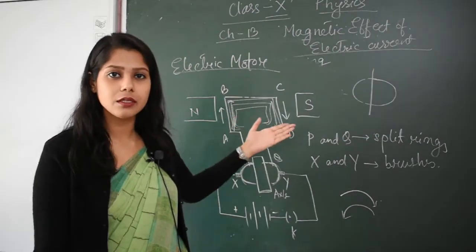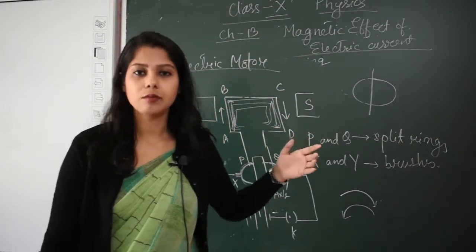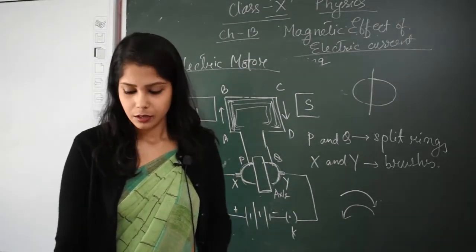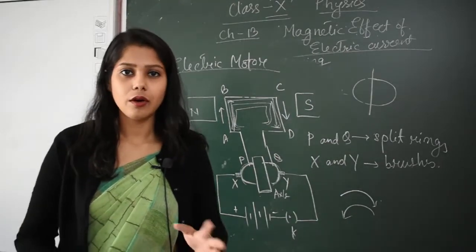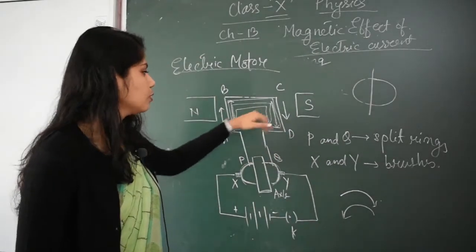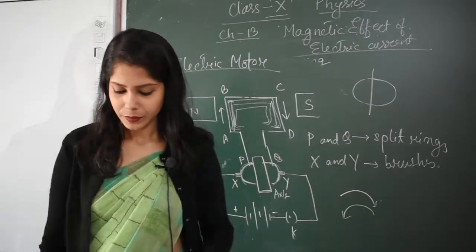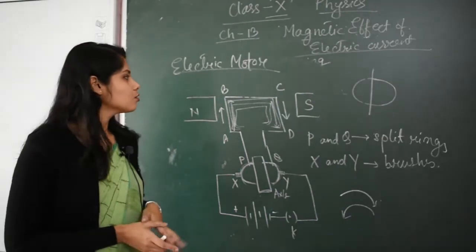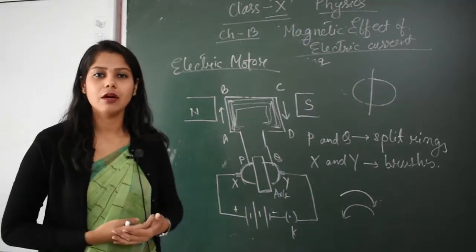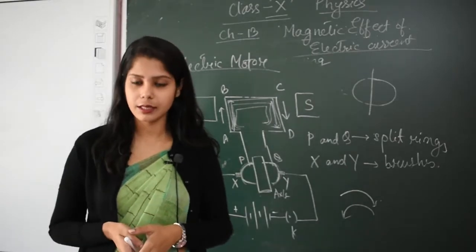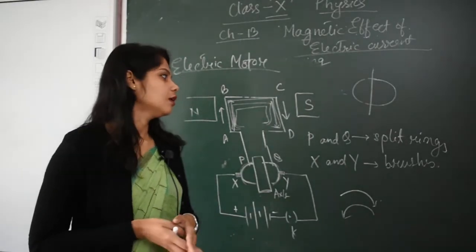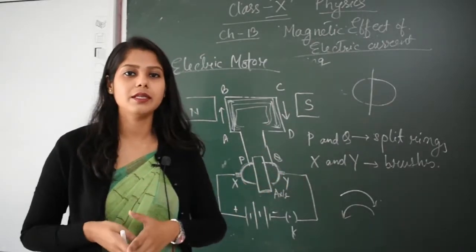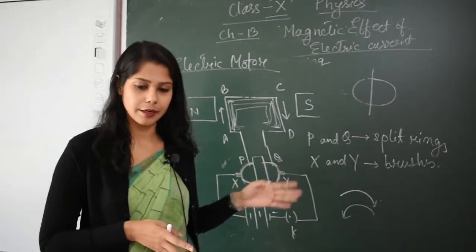The more the number of turns, the more is the current we are getting, or the more is the force produced. And also a soft iron core is used, on which the coil is wound. A soft iron core to wind this coil, and this soft iron core enhances the power of the motor. So this is all about the principle and the working of the electric motor. As you have already written, the notes are clearly written there. You don't need to write the construction, but remember, if the question comes about the principle of the electric motor, then you need to draw this diagram.